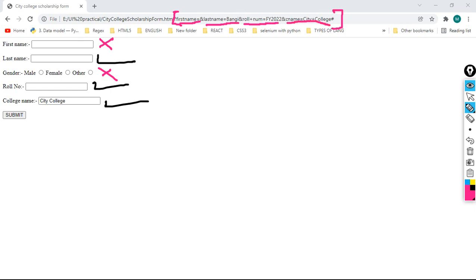Okay, but here we know very well gender is not available. Gender key value is not available. So it means what? Even if I fill this form incomplete, this form can still be submitted.